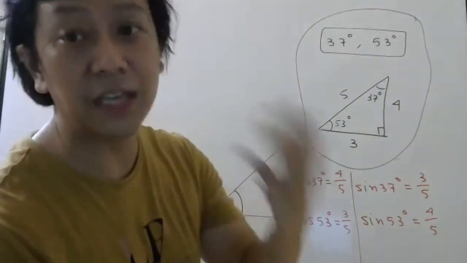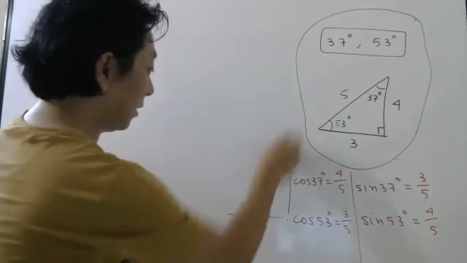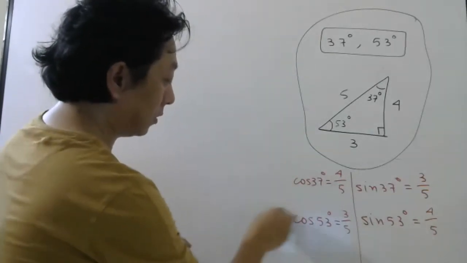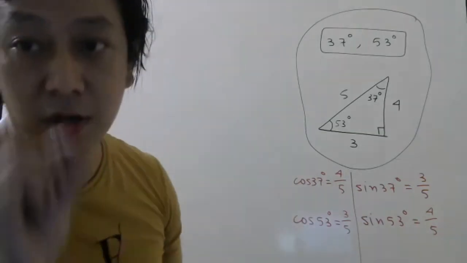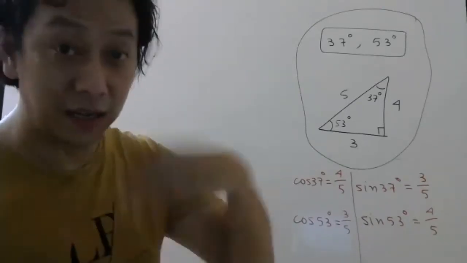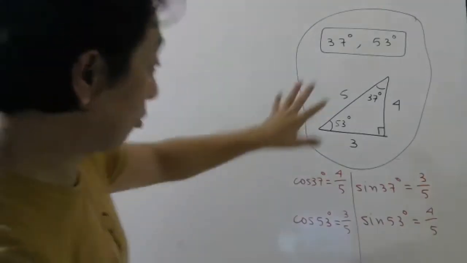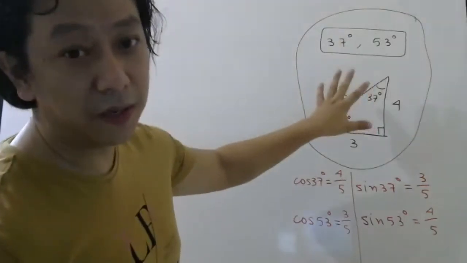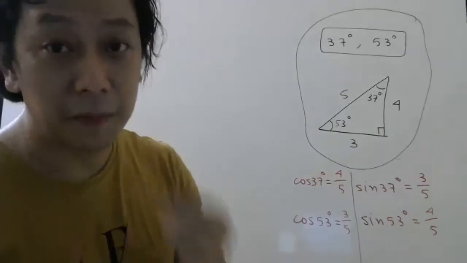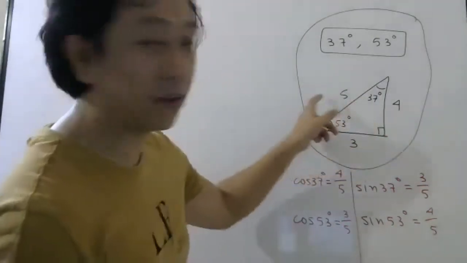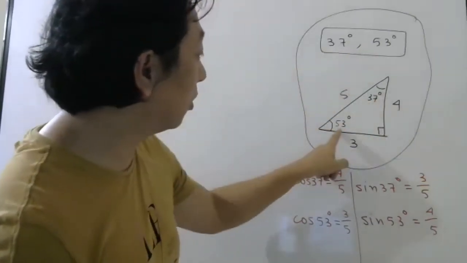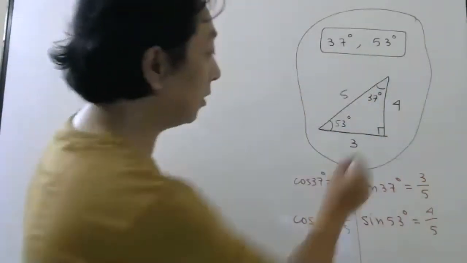You don't have to use scientific calculator. Anyway, scientific calculator is not allowed. You can still find this by using something called log tables, but right now I will not teach you how to use log tables. Later I will explain. So this triangle, you please try to remember, it's very simple. These three numbers are very common. It is also called Pythagorean triplets, right? 3, 4, 5. So opposite to 3, you put the smaller angle. Opposite to 4, you put the bigger angle. And this will be obviously 90 degree.